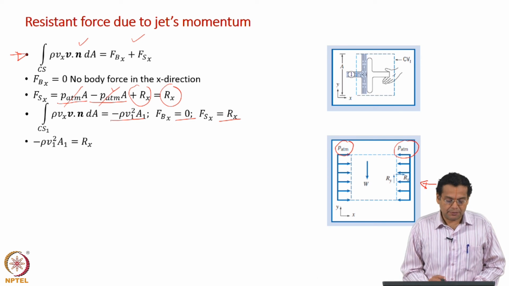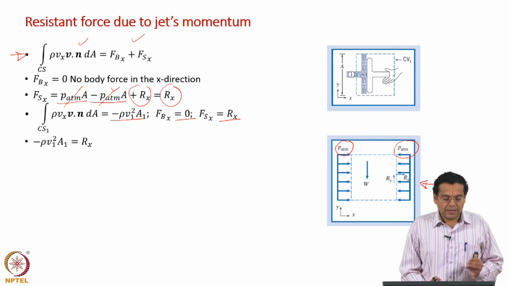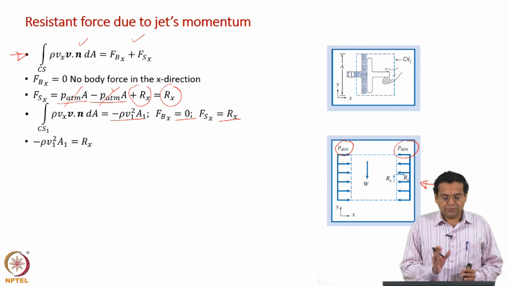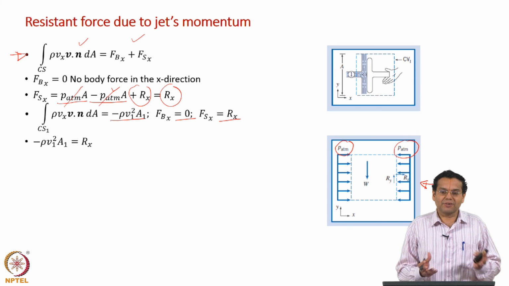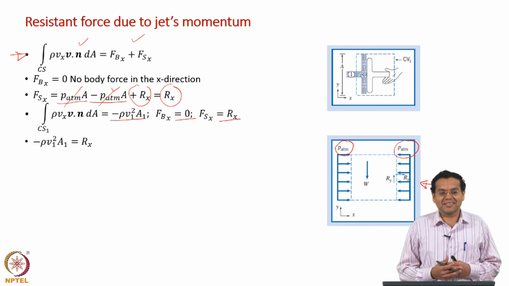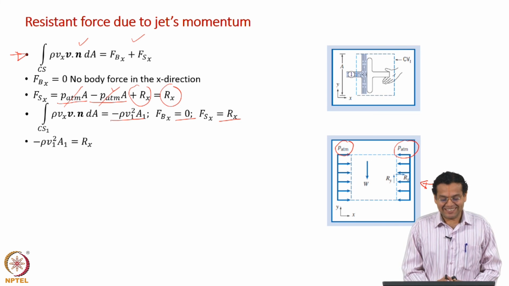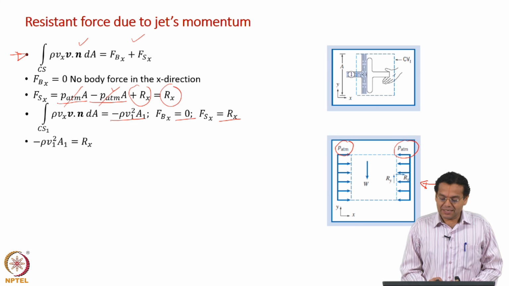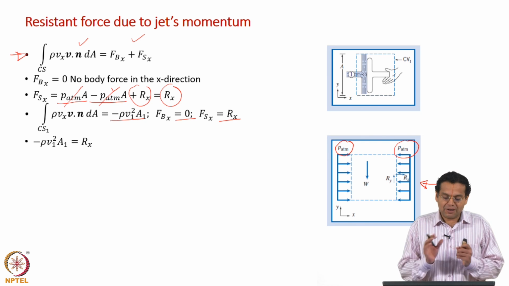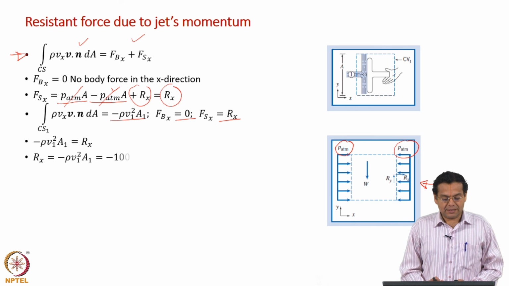The way in which I have substituted is that the convection term is on the left hand side and the force term is on the right hand side. By convention the convection term is always on the left hand side. The unsteady state term is also on the left hand side, but we do not have an unsteady state term. But as I told you, the key physical variable of interest in all the integral balance equations is the force. So, I take R x to the left hand side and bring the convection term to the right side.